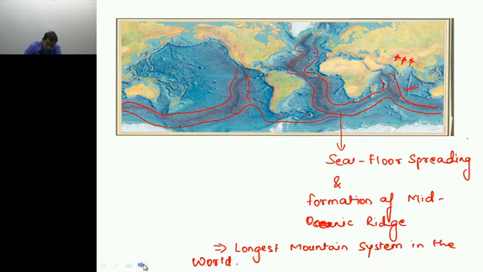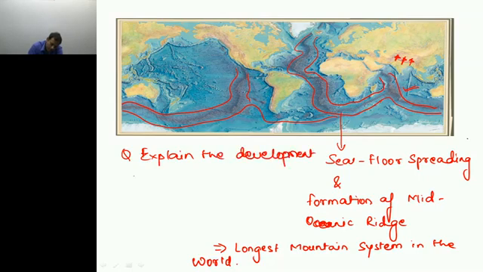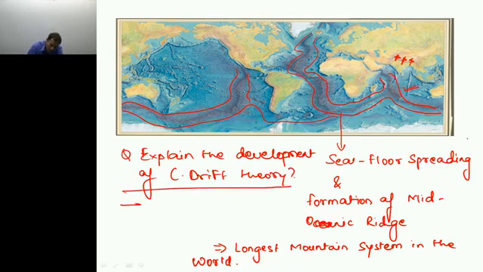Now coming again to the question: if the question is to explain the development of the continental drift theory, you have to tell about Wegener's idea, and then about the idea of sea floor spreading, and also the idea of convectional currents, which gave the proper explanation. So based on this